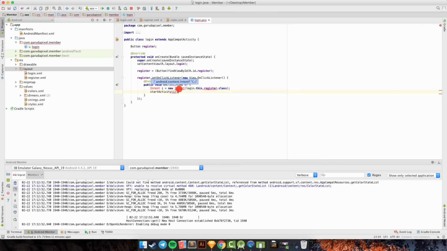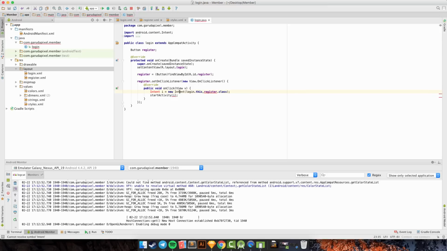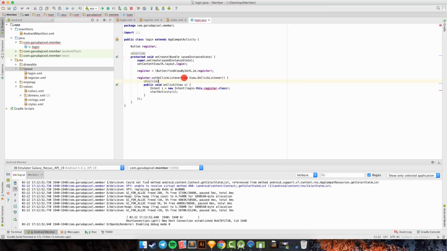Oh, we need to import the intent, so I will import the class like this. Okay, we have the basic Java for changing the page.